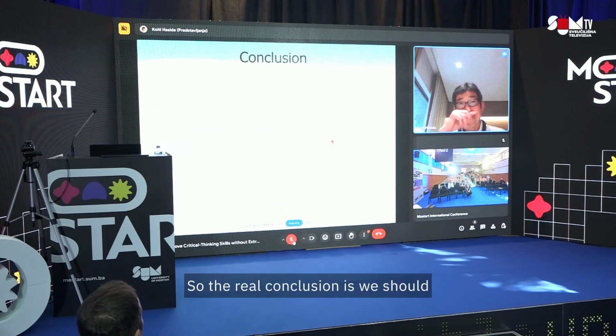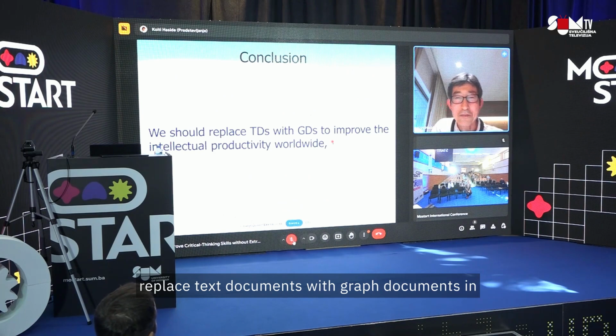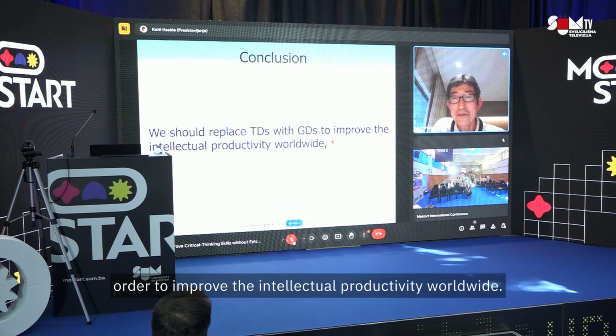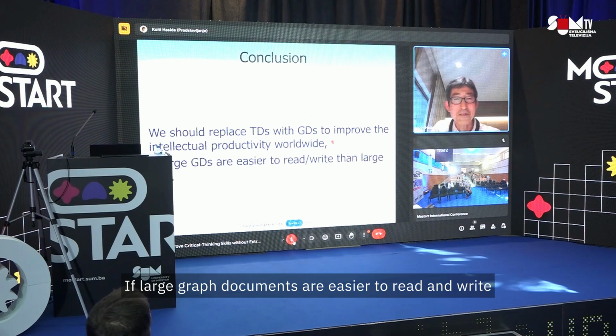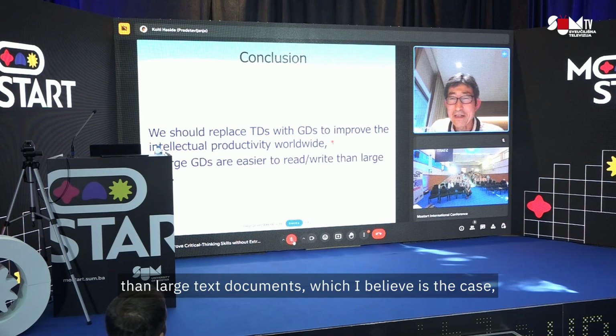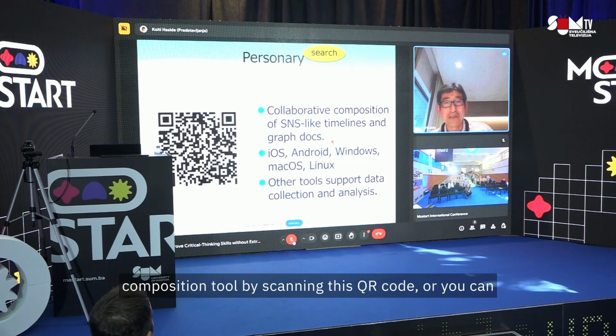So the real conclusion is we should replace text documents with graph documents in order to improve the intellectual productivity worldwide, if large graph documents are easier to read and write than large text documents, which I believe is the case. And you can look at and use the graph document composition tool by scanning this